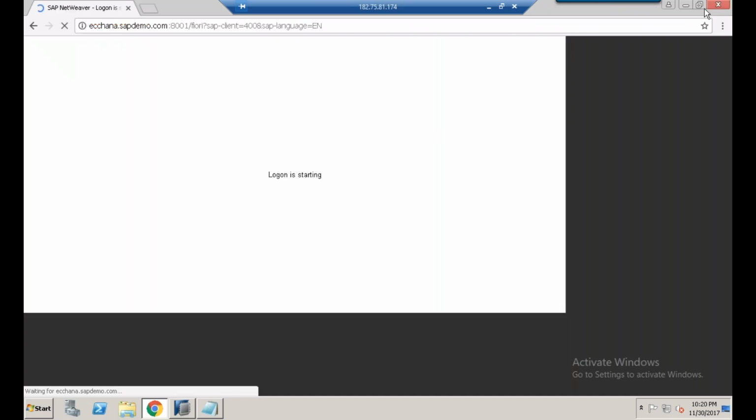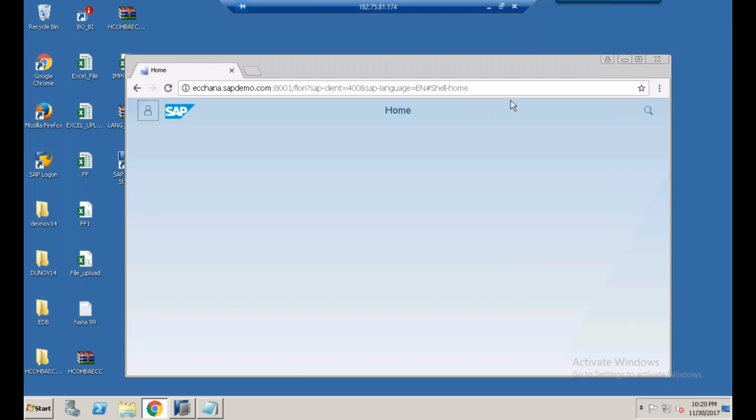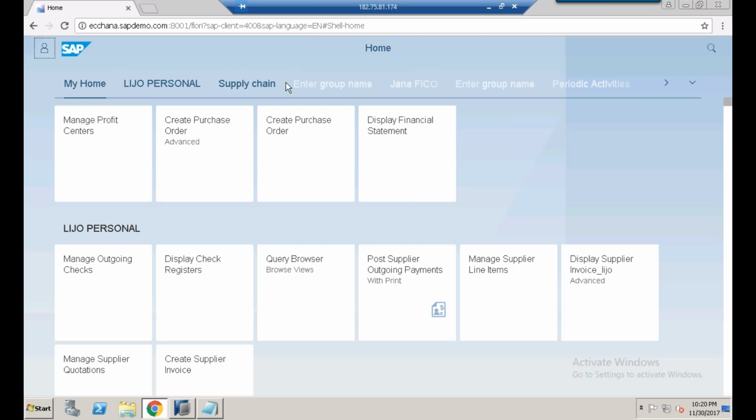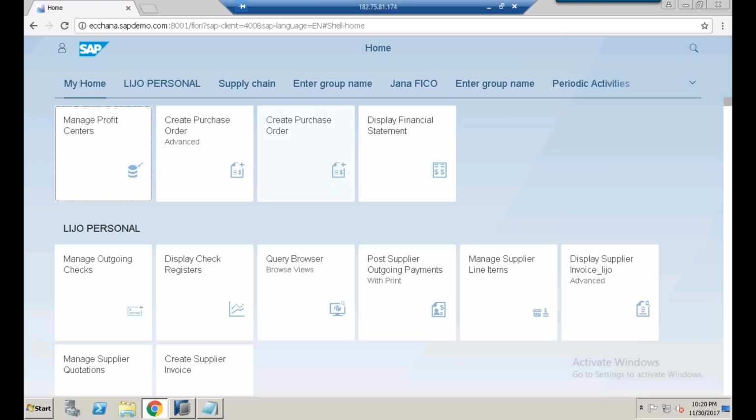So once you log on, here we can see the SAP Fiori apps where you can create a purchase order, display financial statement, manage profit centers, and here you see query browser.